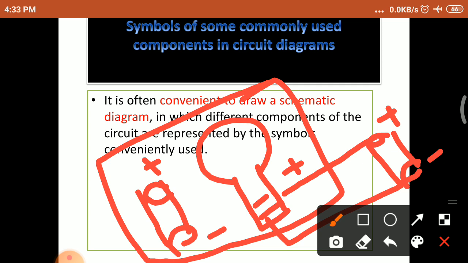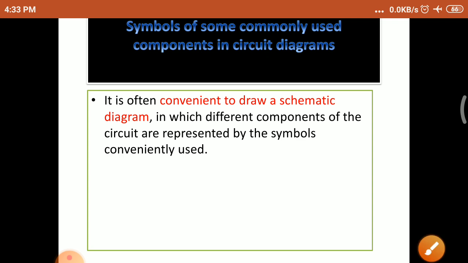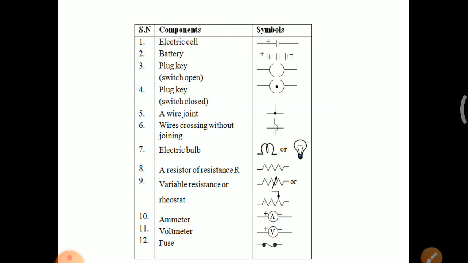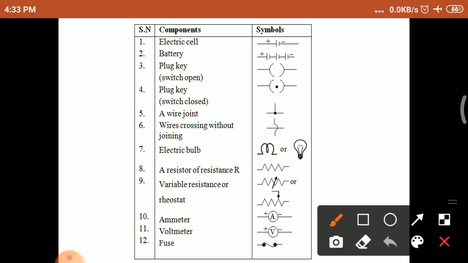So it is convenient to draw a schematic diagram in which different components of the circuit are represented by conveniently used symbols. Conventional symbols used to represent some of the most commonly used electrical components are given below. So these are the normal components we use in the circuit diagram. An electric cell is represented by this symbol. Then battery,